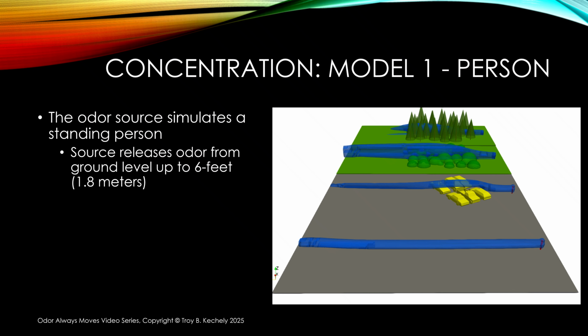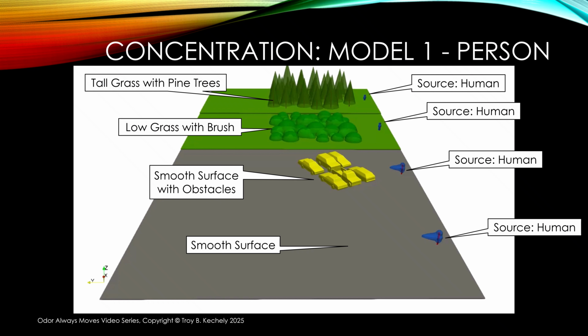So we're going to look at the first one. Okay, again, this is just a person, their breath basically being released from their entire body, just so it makes it easier for the model. And this is the model, so just to give you an idea. So this first one, this gray surface represents asphalt, so it has a roughness to it that the model is able to calculate. And we have our odor sources, the person,